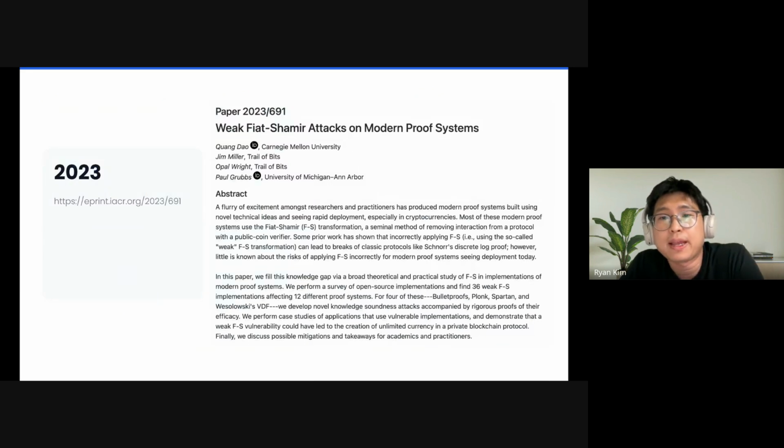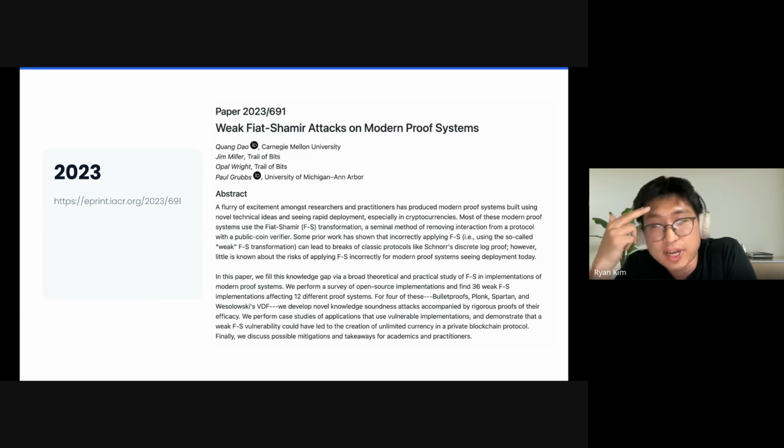Okay, so AI is writing code faster. On the security side, is it getting better? Short answer is no. Let me show you. In 2023, there was the paper Fiat-Shamir Attacks on Modern Proof Systems.